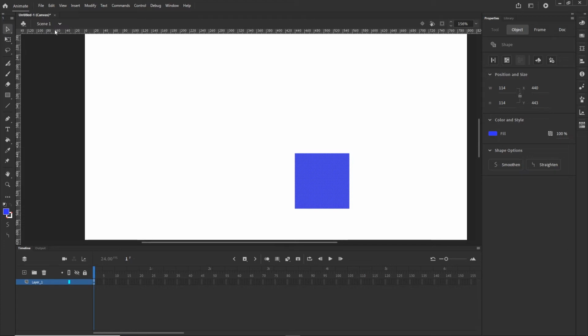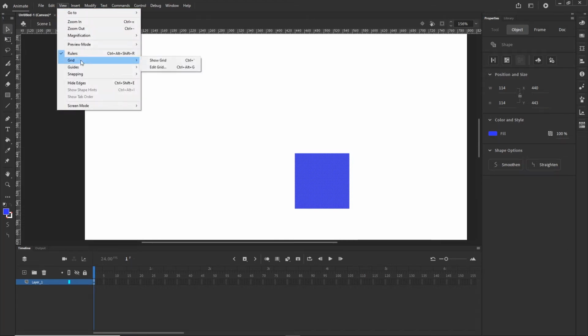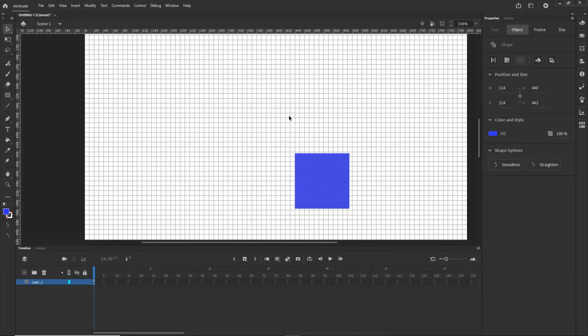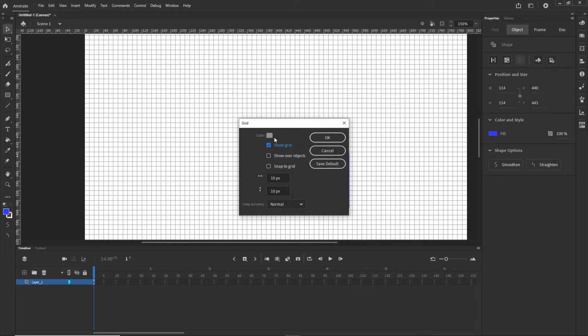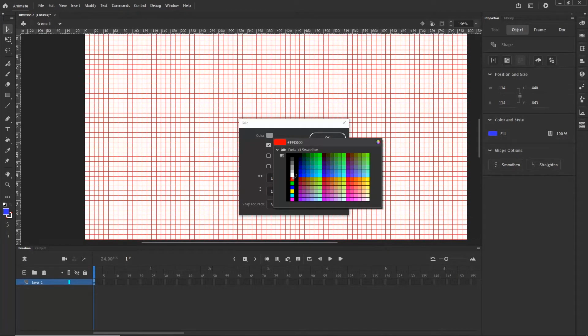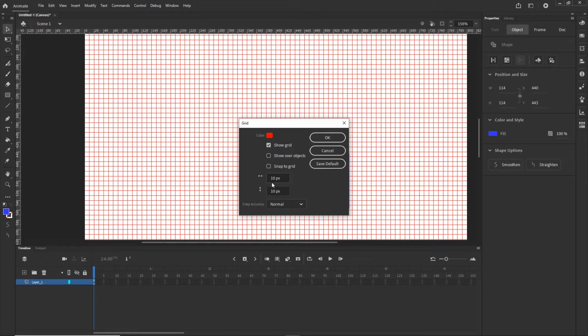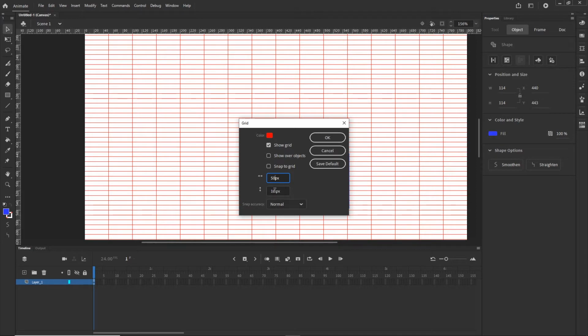Alright, fine. I will go to the view, I will go to the grid, and I'm going to click on the show grid. And right now I'm going to have a grid like this. This is not very useful if it's like so. So you can go to the view, to the grid, and edit grid. And again, you have an option to change the color of the grid, like so. You can change the size of the grid. So I can go with maybe 50 pixels by 50 pixels,